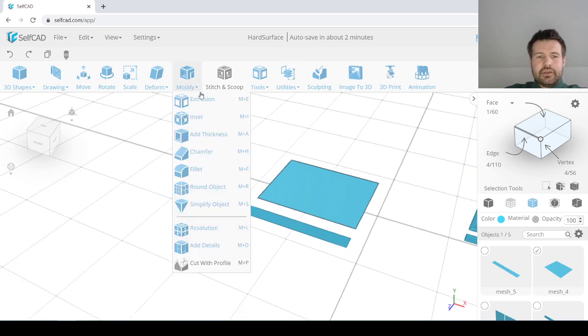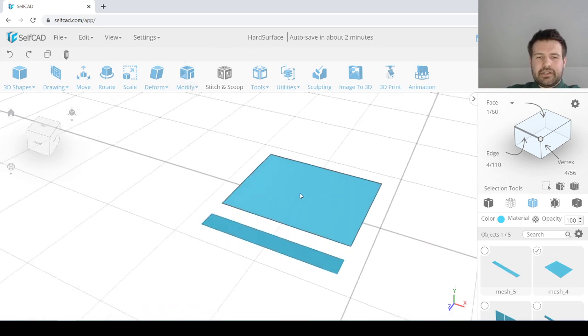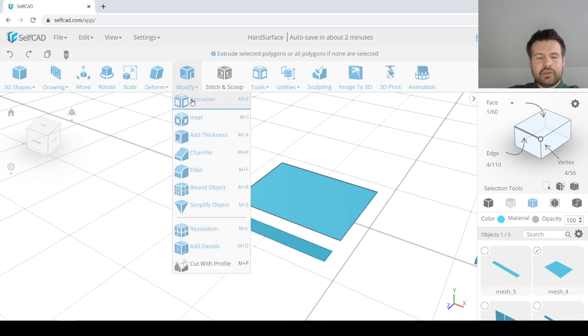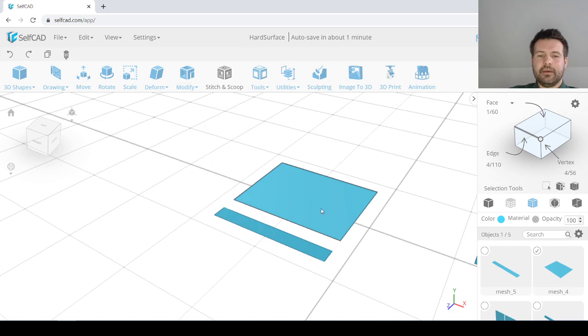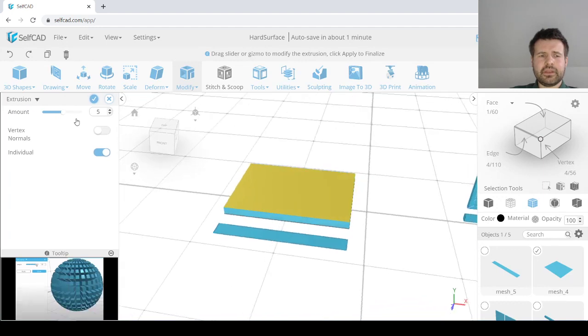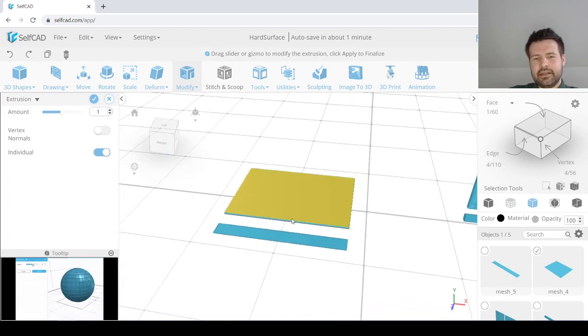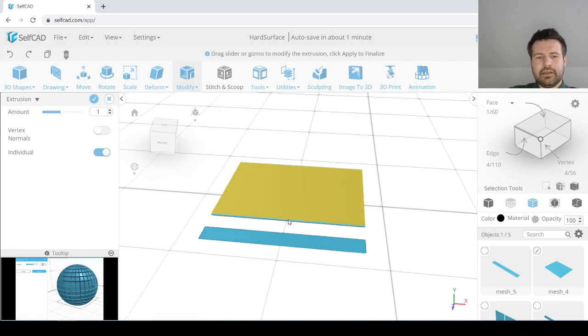So the difference between add thickness and extrusion, although in some other software it actually acts the same way: if you do extrusion on surfaces, it acts exactly the same as add thickness. The difference is when you start working on actual 3D models, it will make a difference whether you use extrusion or add thickness. But for this type of shapes, if you do extrusion now, you can actually still get the thickness that you want. But the problem is that